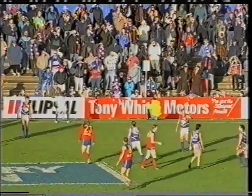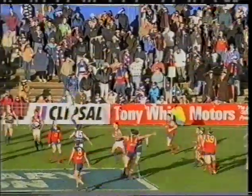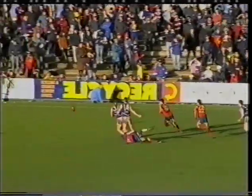Outer side of the ground, centre wing. So the boundary throw-in. Hymus and Wine again going at it. Wine getting his body in front and doing well to get the ball out to Cameron. He kicks around his body. Darcy with the tap on. Clever work by Darcy. He's been a good player at half forward, and that must be a free kick surely